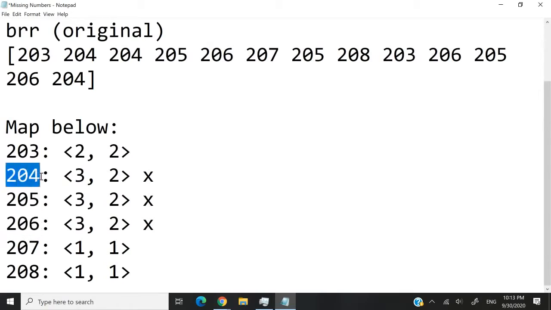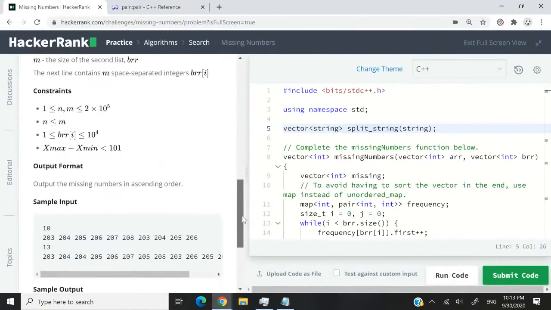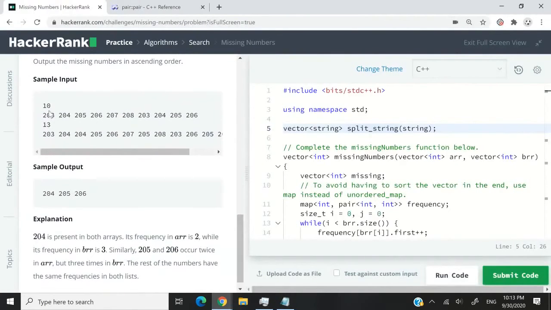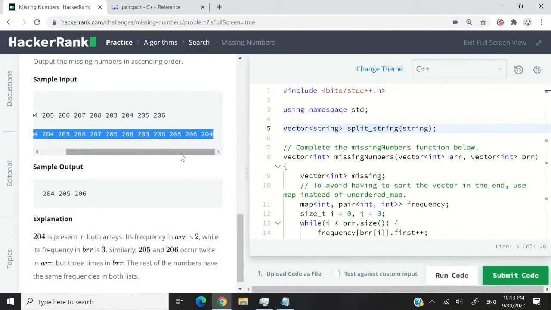Now, notice here that these keys are already in ascending order. This is the smallest value, this is the second smallest value, and 206 is the largest value among these three here. If we look here at their sample inputs, they have these same values. So they have this incomplete array with 10 integers, and this original array with 13 integers.